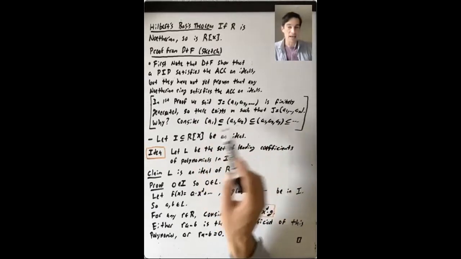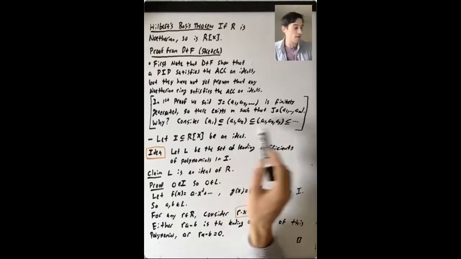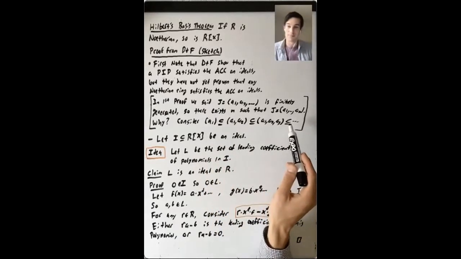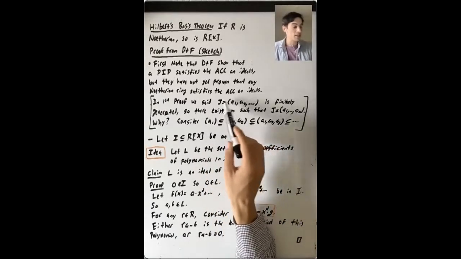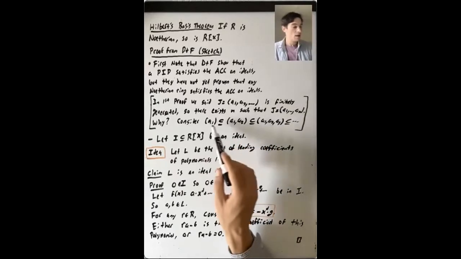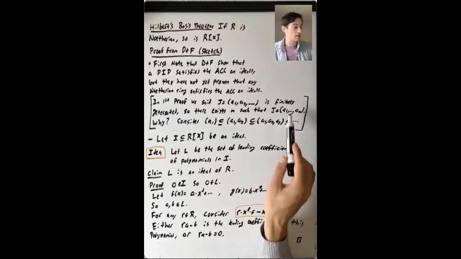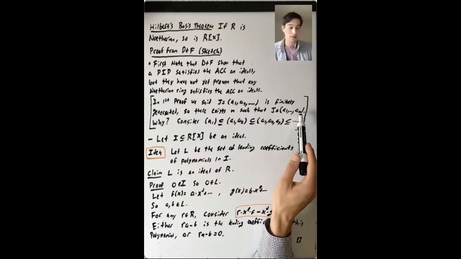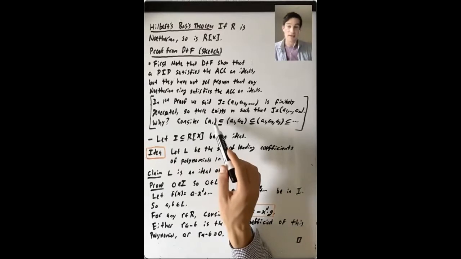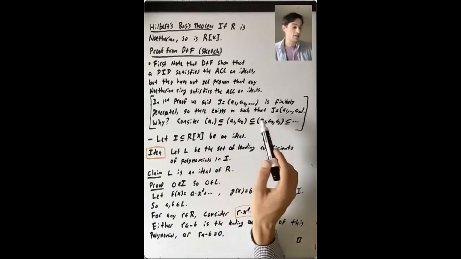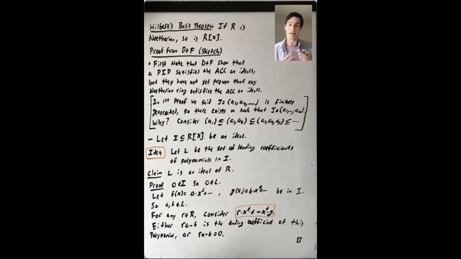So Dummit and Foote can't use this fact yet, right? Because they know that there is a finite generating set for this ideal, but in order to say that there's this finite generating set, a1 up through am, the thing that we're using is that in this Noetherian ring, ascending chains of ideals have to stabilize. Okay, so that's one difference here. All right, so how does the proof in Dummit and Foote go?